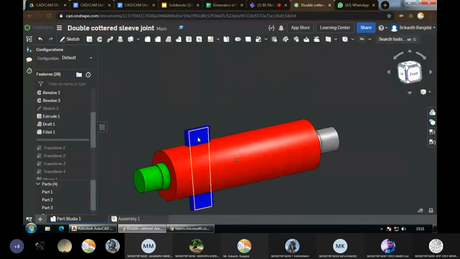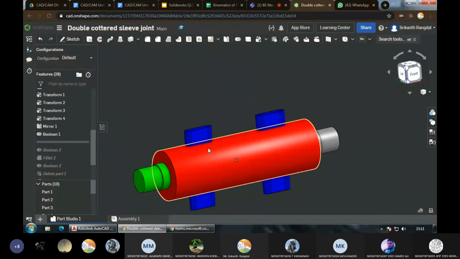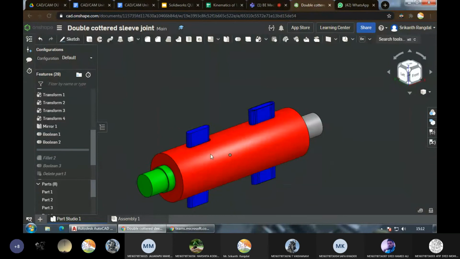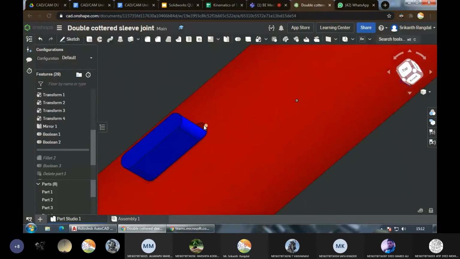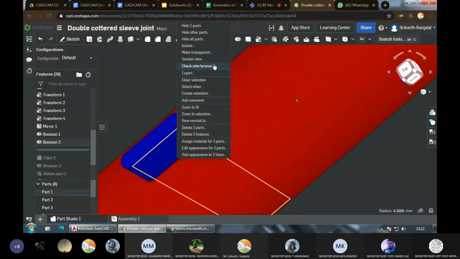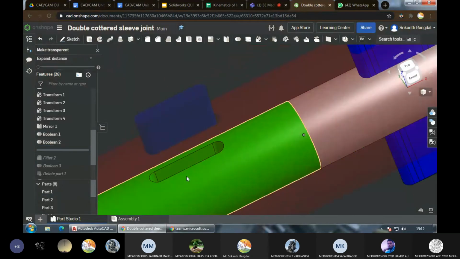So this is the quarter which I have defined here. After defining the quarter, I will be doing Boolean operations in this. Fine. So after doing the Boolean operation, this is where I will get these holes in the geometry. And this is where I'll get the holes in the geometry. Fine. You can see the hole has been made.